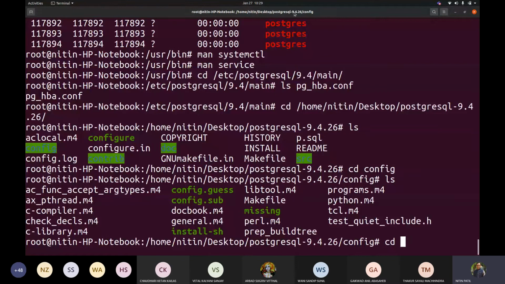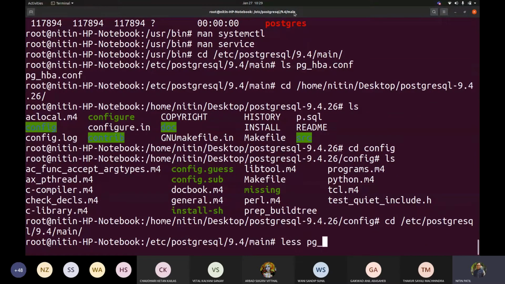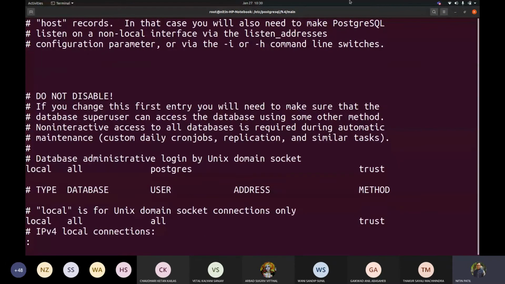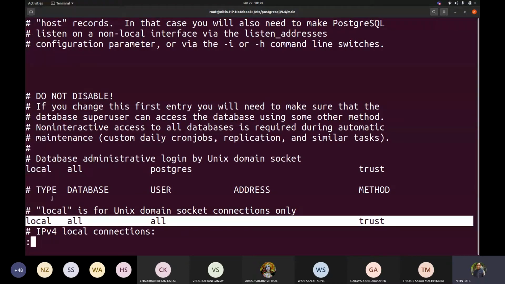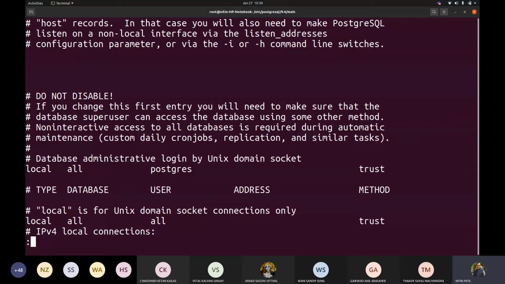So if I go to cd /etc, which is my default configuration. Okay. Now, if you are not able to access your server because it is not permitting you, you have to make changes in one place. It might have written peer here and peer here also. So you have to change it to trust. Make sure that you write local all trust in the second place, where this would be for your Postgres user, and this would be for all other users that you are going to make use of on your local machine.